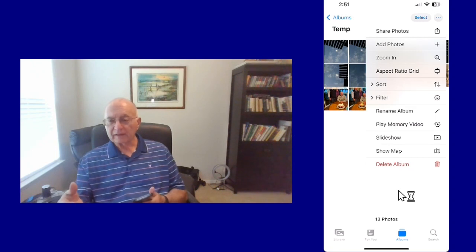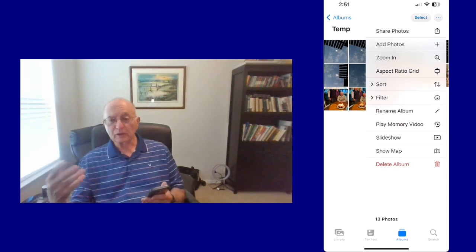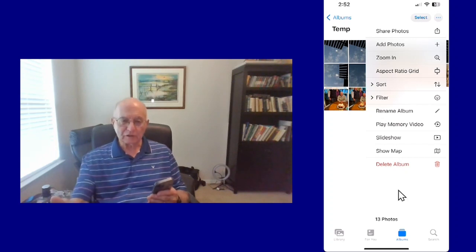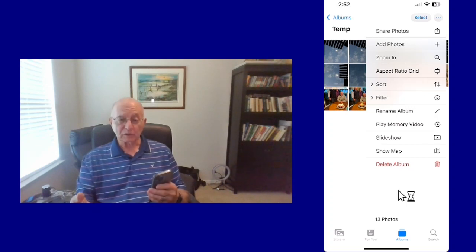So by doing that, it's going to create that album. It's going to decide how to structure the pictures. It's going to put music to it. You can manipulate these yourselves, but be aware that it will do that for you. So if you had a bunch of pictures like I did from a holiday, you open that and go to that little 3 dots in the top right, and it's going to let you put on a slideshow of them. If you are casting that to a new TV, and most new TVs are capable of receiving cast directly from an iPhone,